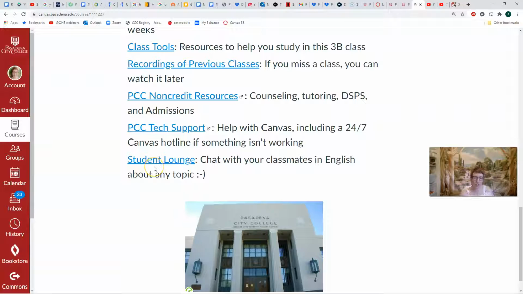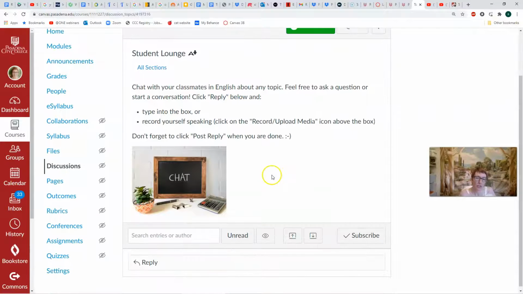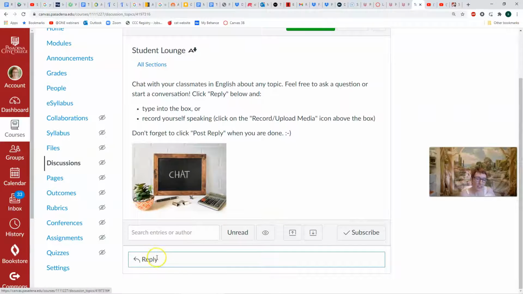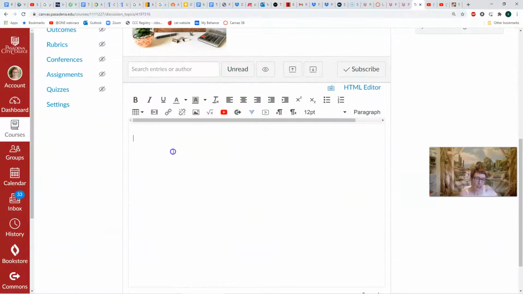And then the last one, Student Lounge. If you'd like to chat with classmates in English, when I say chat, I mean type. Well, you can also record a message, so you can speak. If you click here, Student Lounge, you can start here. You can click reply. And then you can type something here. Hello, I'm Shannon.